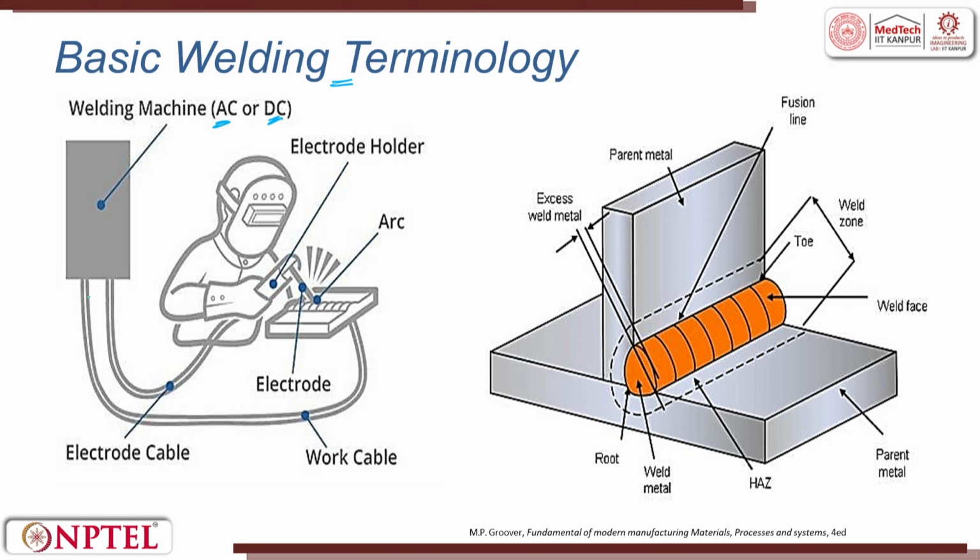From the power source, we have two electrodes which go, one getting connected to the workpiece, and the other one getting connected to the electrode which is held by the person. So, the electrode holder will be connected with the other cable. One can be negative, one can be positive, depending upon the requirement. So, it gets connected here, it gets connected here. So, there is an arc, the circuit is closed. So, there is a melting and then material is getting flown.